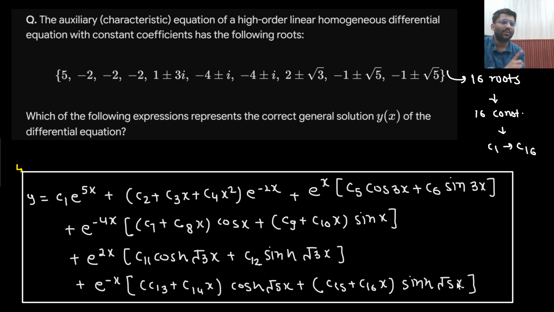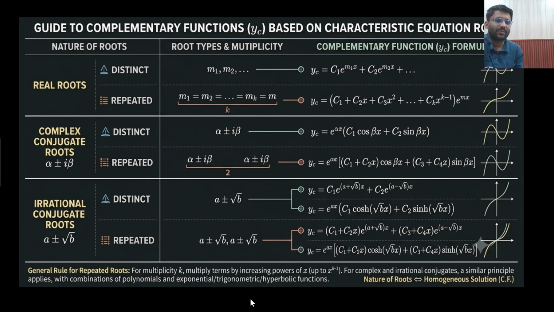16 roots, there will be 16 constants from C1 to C16. Everything is crystal clear, to the point, absolutely everything is clear to you. And this is the conclusion of everything that has been written. Do I need to repeat it? Absolutely not. Sir, if the roots are distinct, the answer would be C1 e to the power m1x plus C2